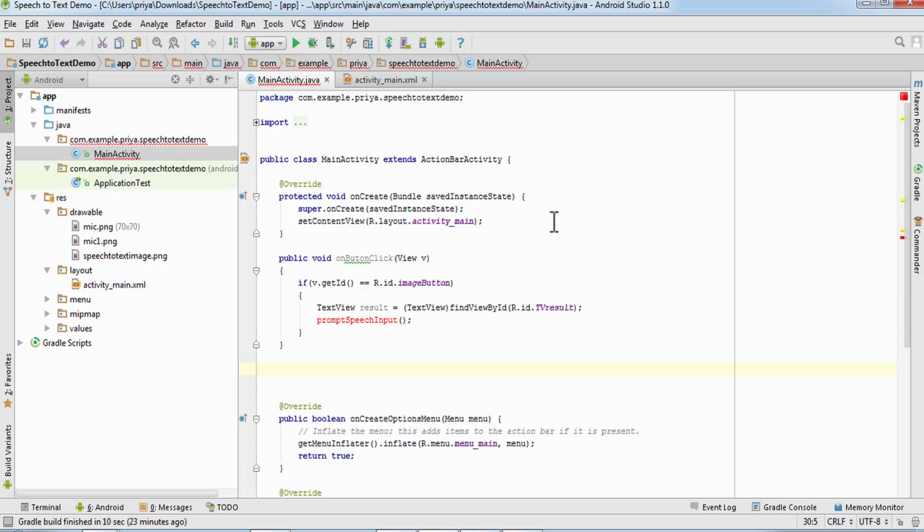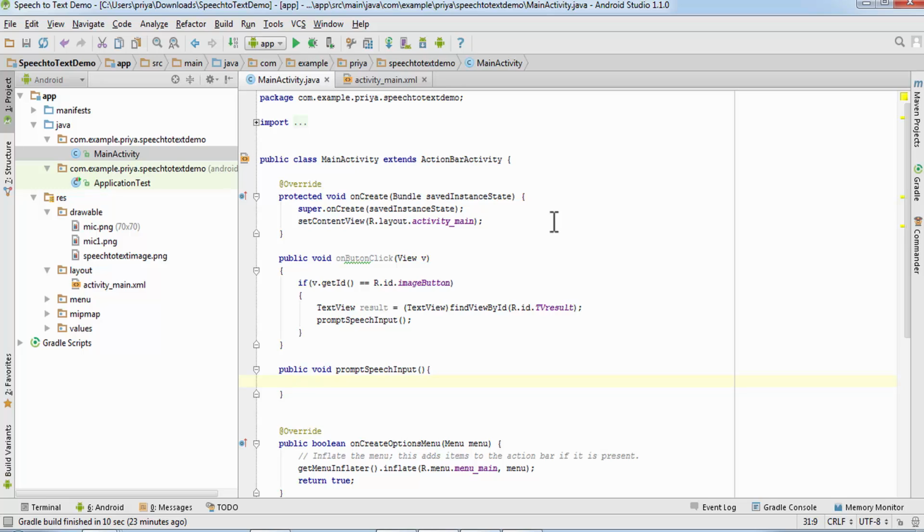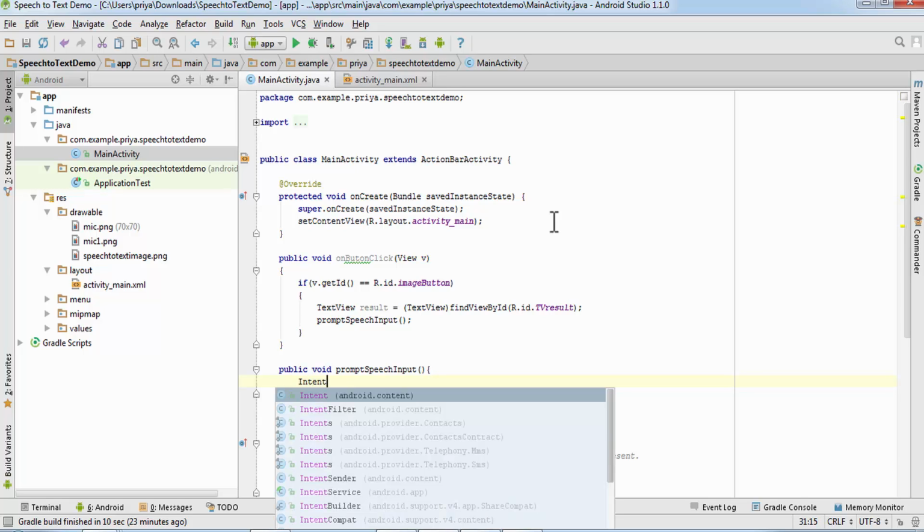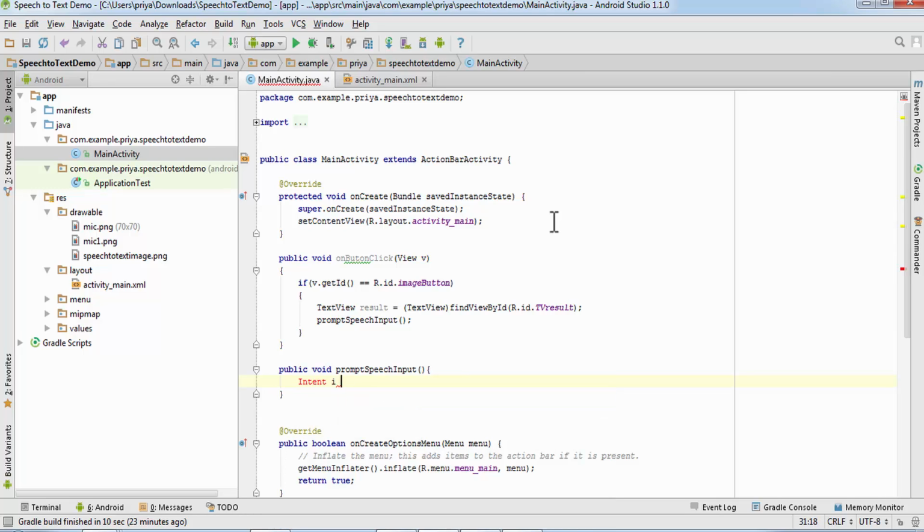Now I'm going to create that method. So write public void prompt speech input, and it is not going to take any parameters. Now I'm going to use some intents. So create an intent. Intent i is equal to, for using intent we need to import that.